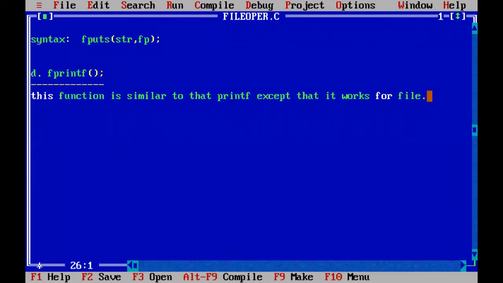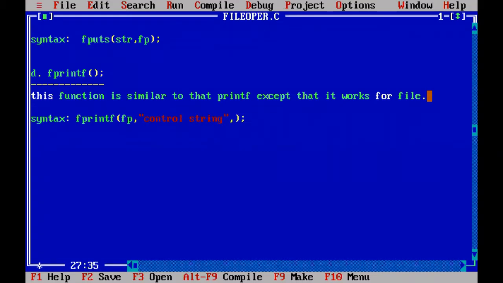Now we will observe the syntax. What is the syntax for fprintf? How many arguments will it take? It will take three arguments. The first one is the file pointer, the file into which you are going to write the data. The second argument is the control string.